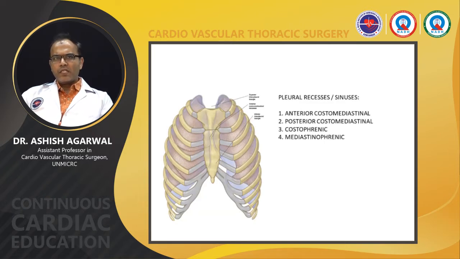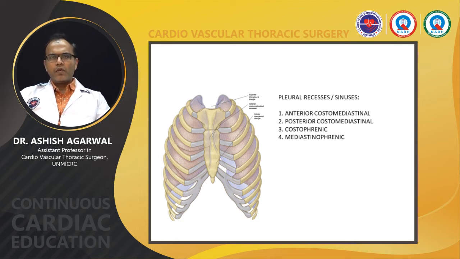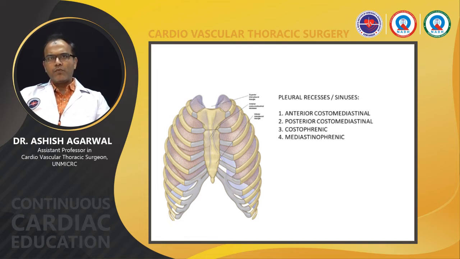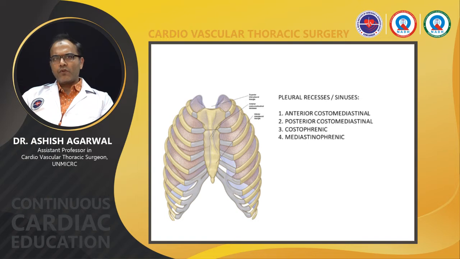When we are discussing the pleura, there is a special mention I am giving stress on: the pleural recesses. There are 4 pleural recesses: anterior costo-mediastinal, posterior costo-mediastinal, costophrenic and mediastinophrenic. These recesses are the junction between the different segments of parietal pleura reflection. Here I am emphasizing the anterior costo-mediastinal recesses, because the configuration of the anterior costo-mediastinal left and right